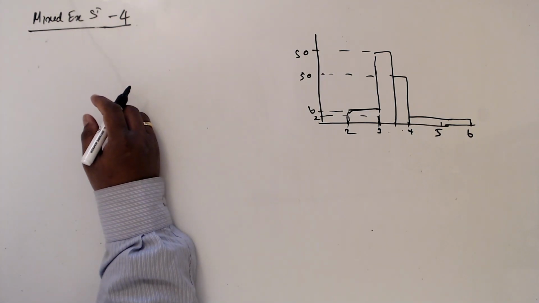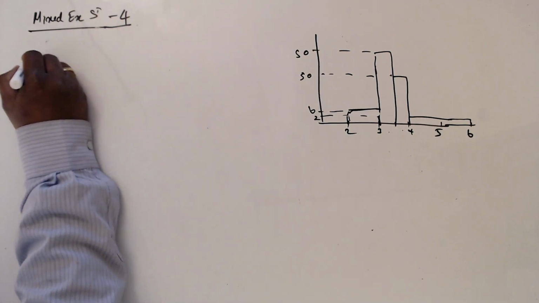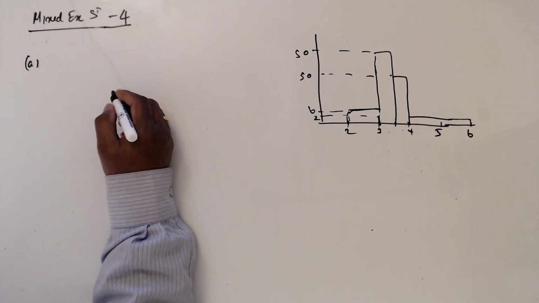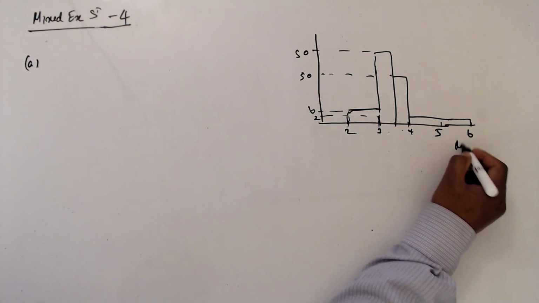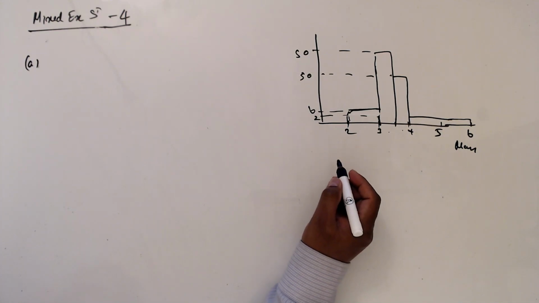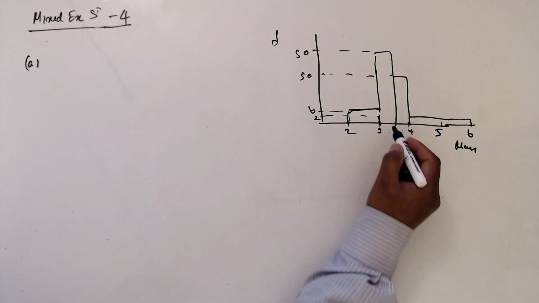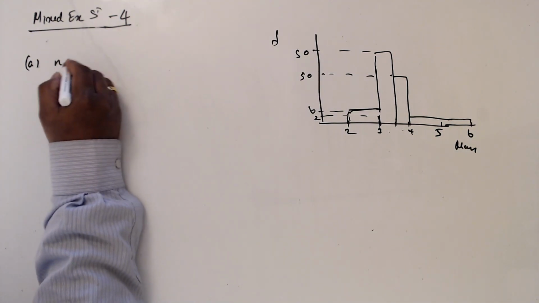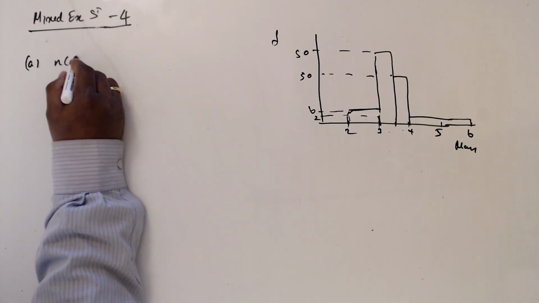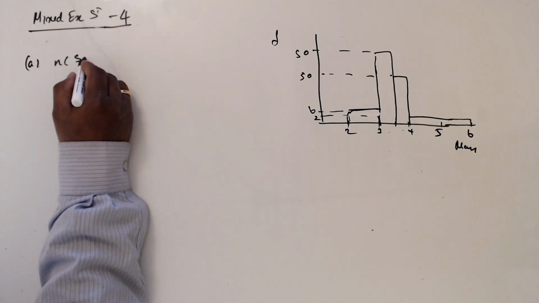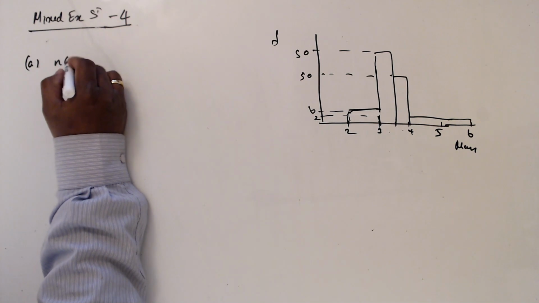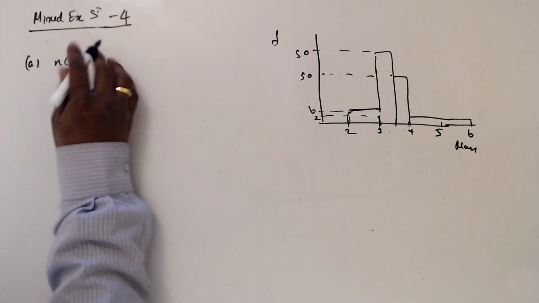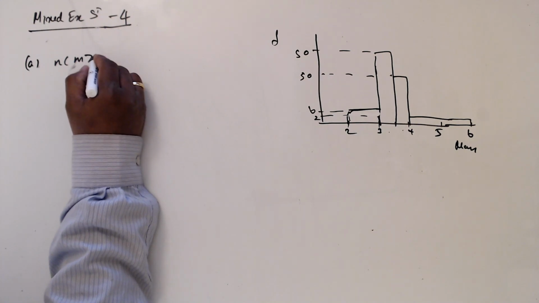Question number 4, it is a histogram sum. Question part A. Find the probability that a baby chosen at random has mass greater than 3 kilograms. So this is mass and frequency, greater than 3 kilograms. So from here to here. So number of babies, let's say B, M greater than 3